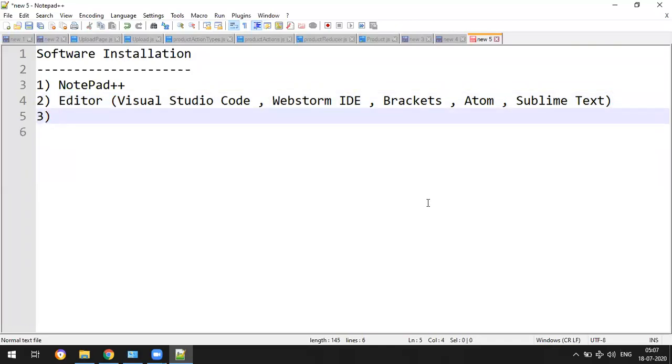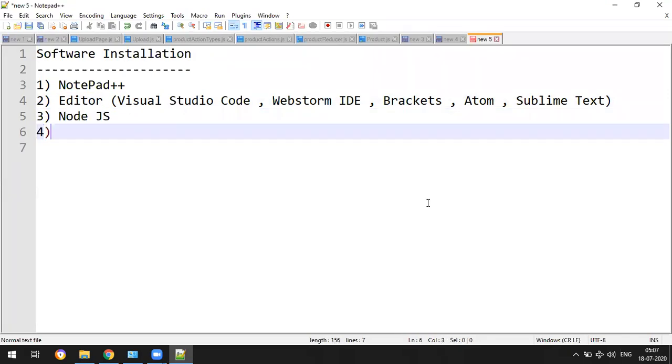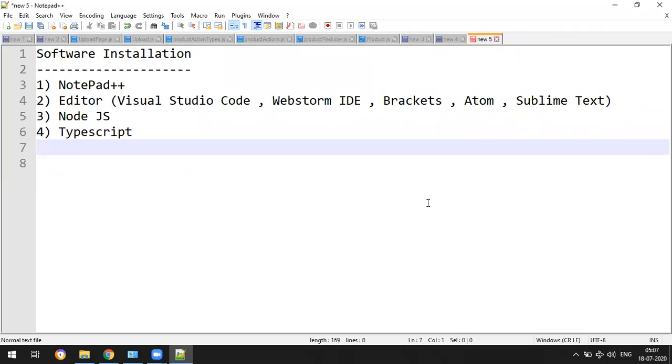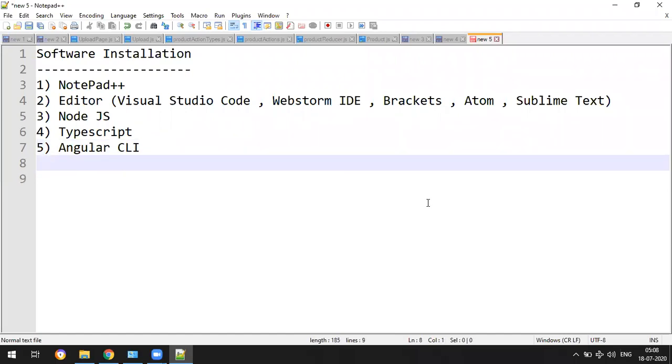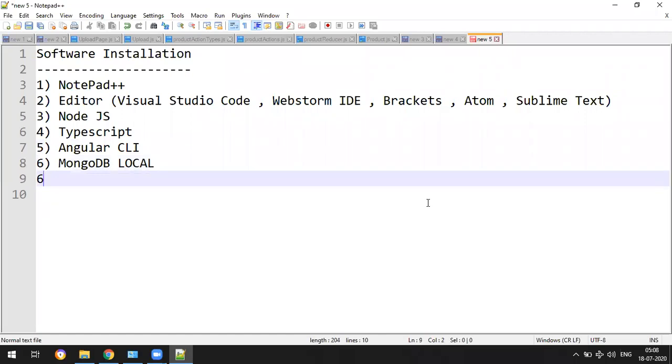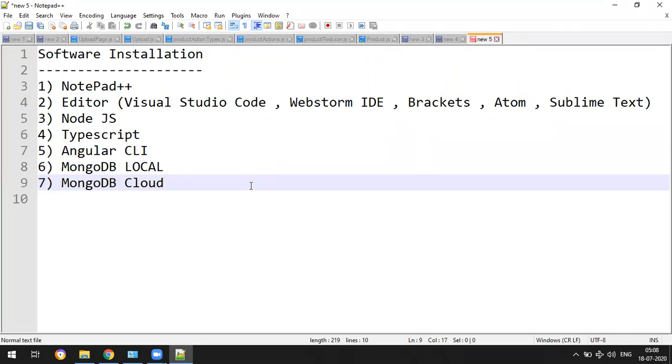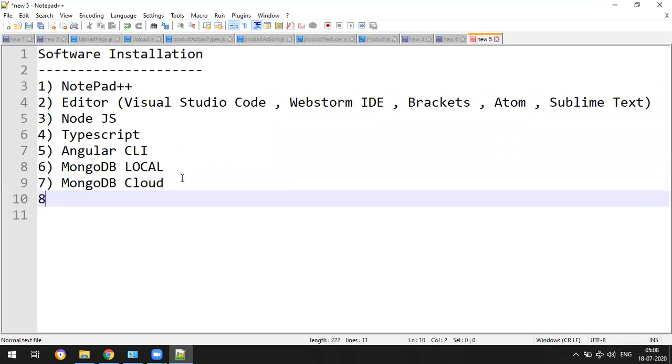Next, after the editor, you have to install Node.js, and after installing Node.js, let's install TypeScript, and after that you have to install something called Angular CLI. Next, you have to install MongoDB locally, as well as MongoDB in the cloud. These are the software required, and along with this, we also need